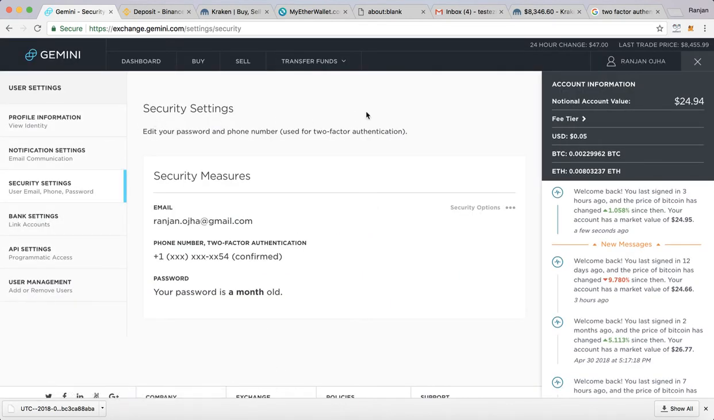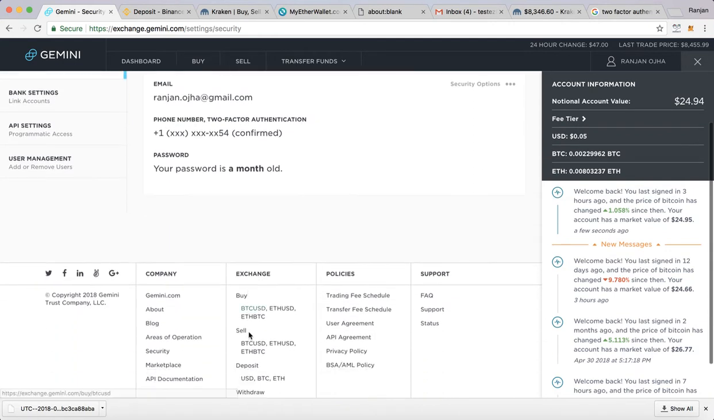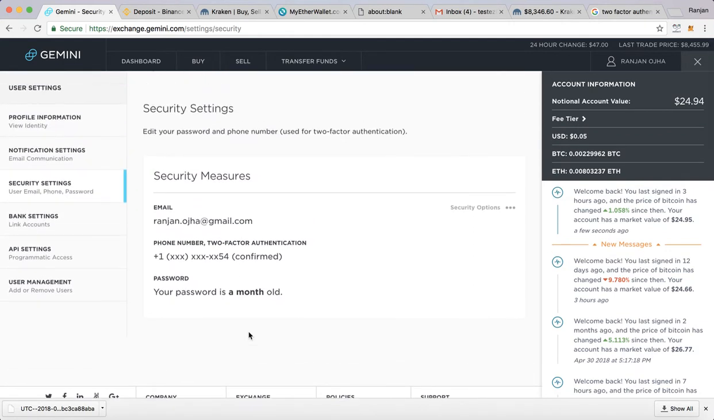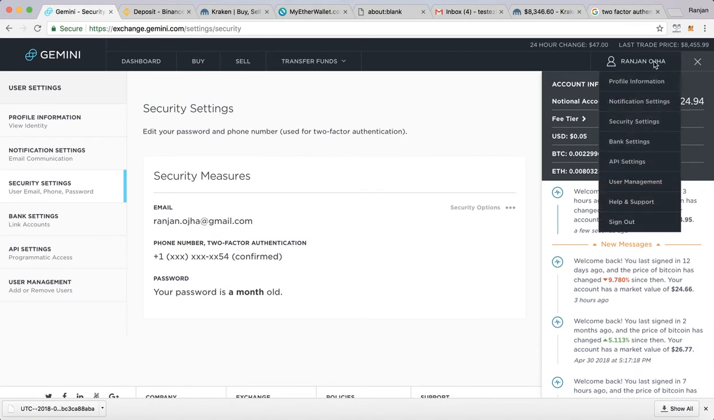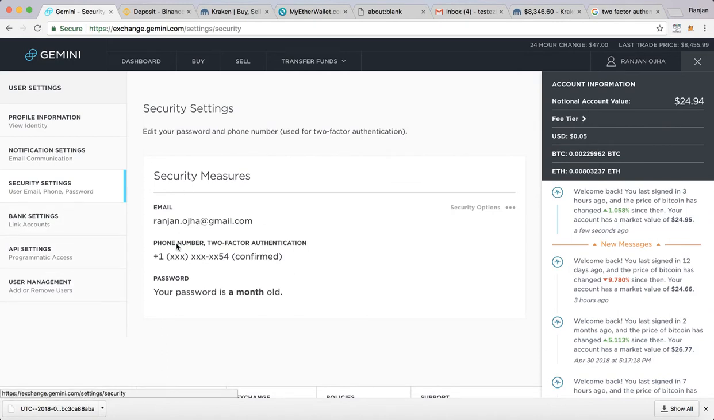So within settings, as you can see, there are various setting information that you need to take care of, but two-factor authentication is primarily what needs to be set up as part of each of your exchanges. Thankfully for Gemini, it's already taken care of because that's one of the first steps that the account setup or account registration process asks you to do. So, you have to set up a two-factor authentication